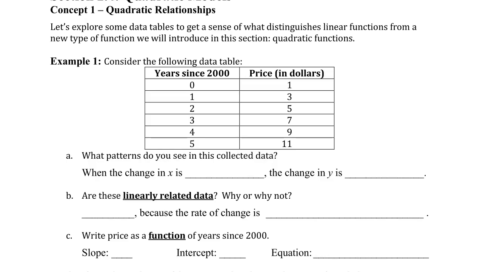So far, everything that we've talked about has been a linear model. In order to get a sense for the new kind of model that we're going to introduce in this section, we're going to go back to what we saw in data tables. So in this data table, we're going to see a certain pattern. Each time we go down a row, the input value increases by 1,